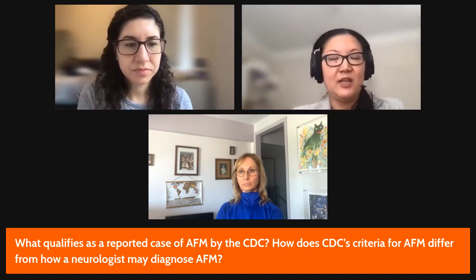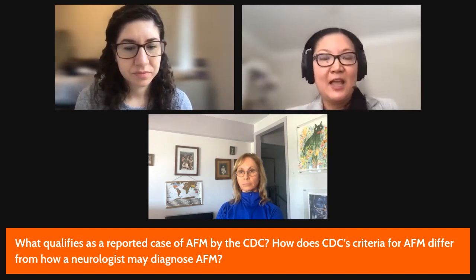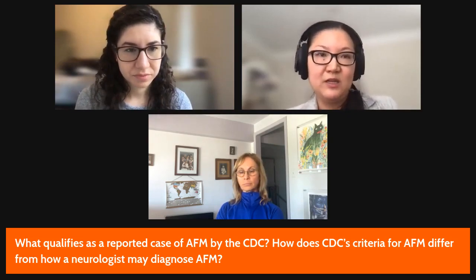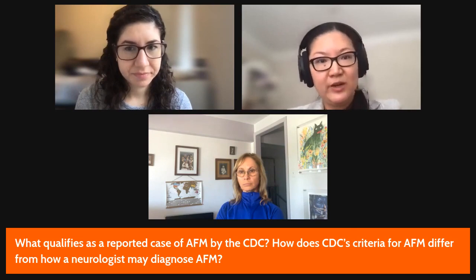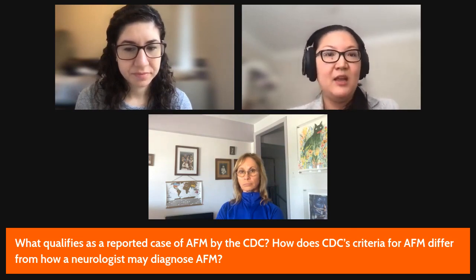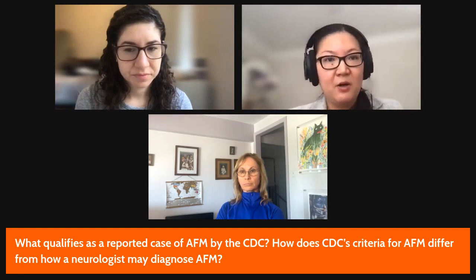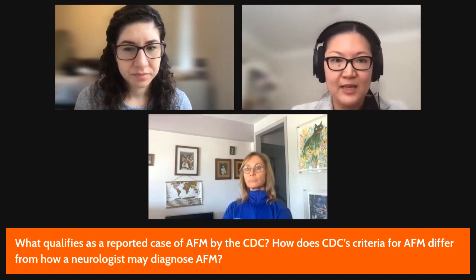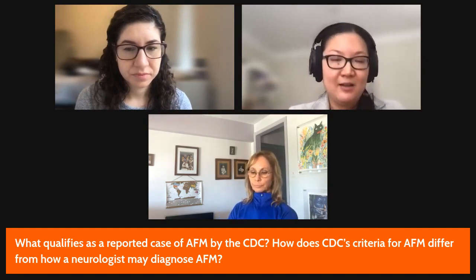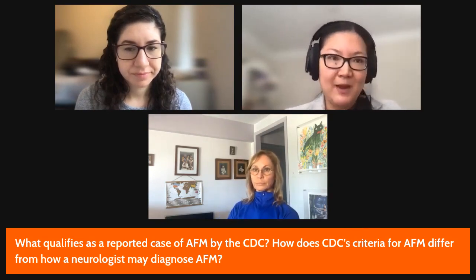Now we're going back, looking at those cases and saying, okay, now that we've gotten all of this testing back, what was the actual diagnosis for each of these patients? Did it end up being transverse myelitis? Did it end up being other antibody-mediated syndromes like anti-MOG, or myelin oligodendrocyte glycoprotein, or aquaporin 4-related neuromyelitis optica spectrum disorder? Was there an infection involved? Did we realize there was a spinal cord stroke?